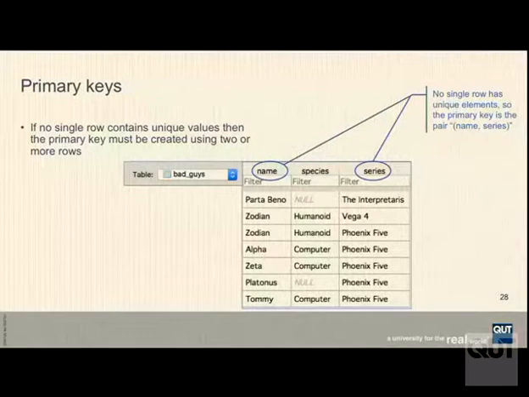because Zodian in Vega 4 is different from Zodian in Phoenix 5. So primary keys are normally just one column, but if it's not a column with unique values, it has to be 2 or even more columns. But the primary key is quite important because it's the way you access particular rows in the table once you